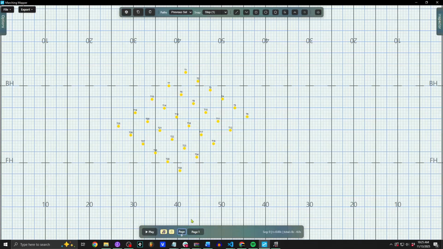So what I can do is I can go back here. I can copy by either going up here or Control C, and then I go to the next page, Control V, and it pastes the exact formation. Right now, because I had nothing selected, it pasted everybody. But if I go here and move just one person, go back, Control C, Control V, it moves just whatever